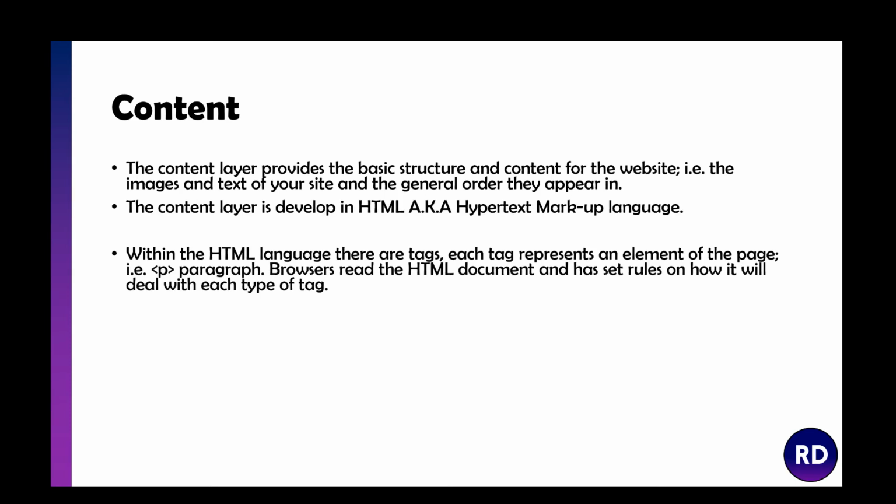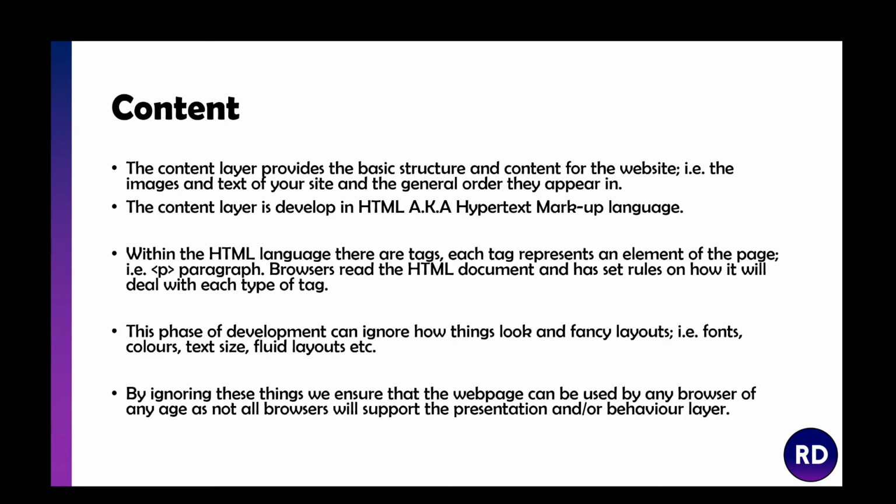Now the content layer provides the basic structure and content for the website, so images, text, and the order they appear in. And that is written in hypertext markup language. When you're writing HTML, it's not a programming language, it's a markup language, which means it uses tags. You see here the 2 arrows and the P, that stands for paragraph. This is what the web browser reads, and it has a set of guidelines on how it